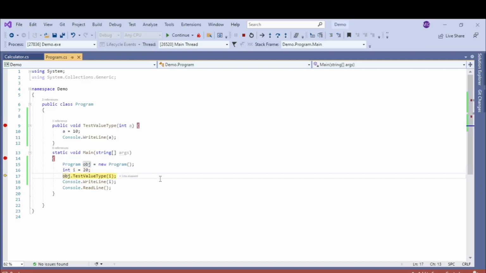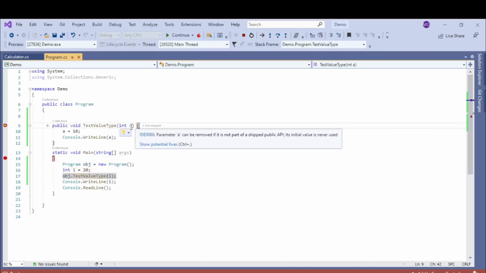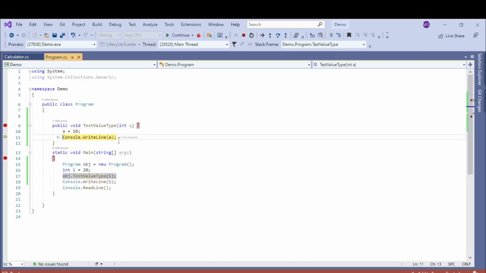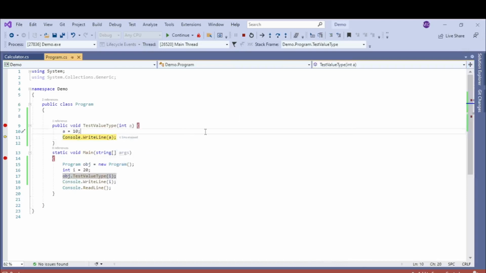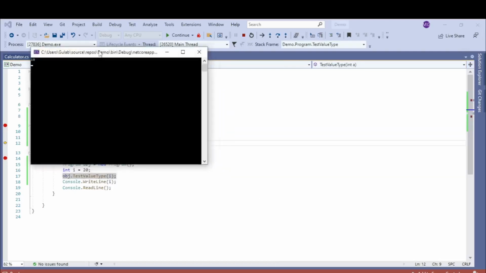Now I am passing i to this method. a will have 20. Now this a, I'm assigning again as 10. Now Console.WriteLine should print 10. Let me check and close this out. See, 10 has printed.